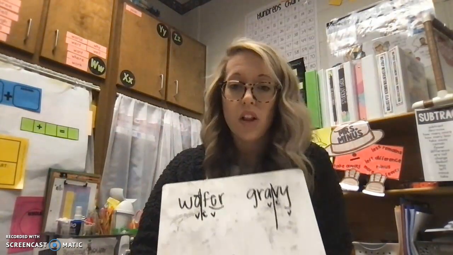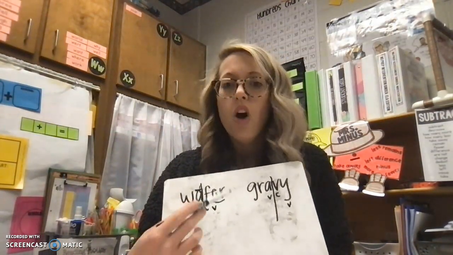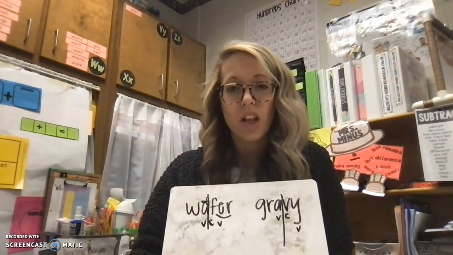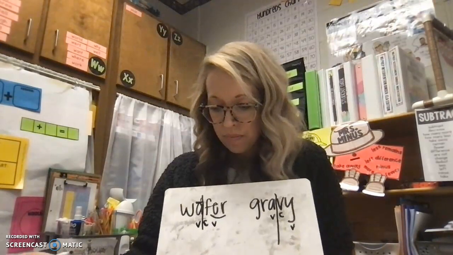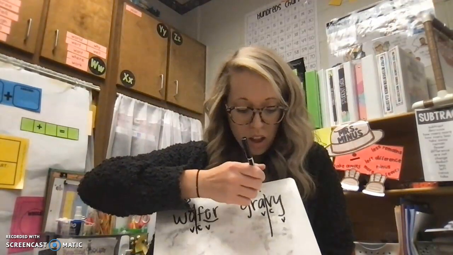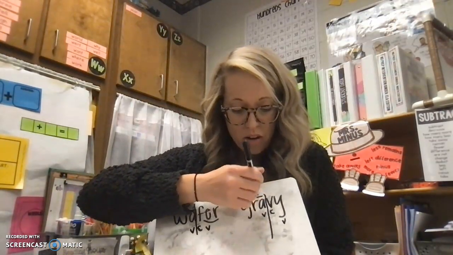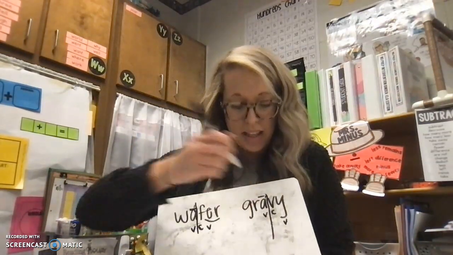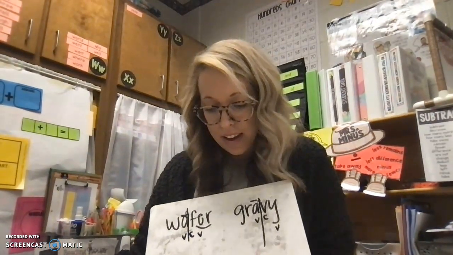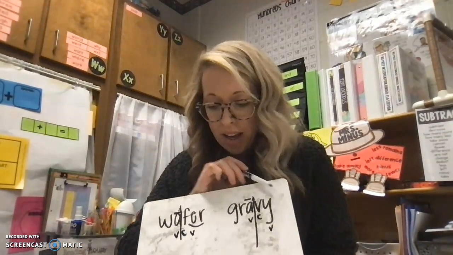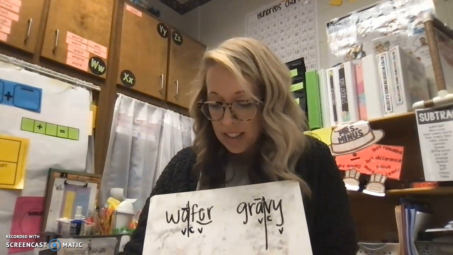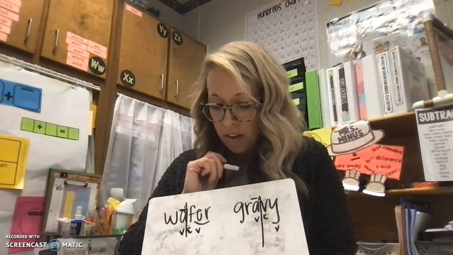All right, because it's following our pattern of vowel, consonant, vowel, what sound do you think that vowel A is going to make? Do you think that it's going to make the short A sound or the long A sound? Yeah, it's going to be making the long A sound. So we're going to put a macron on it to show that it's making the long A, and we're going to accent it because it's open. It's saying A. Now the vowel Y is going to make the E sound because the second syllable is unaccented. Okay,